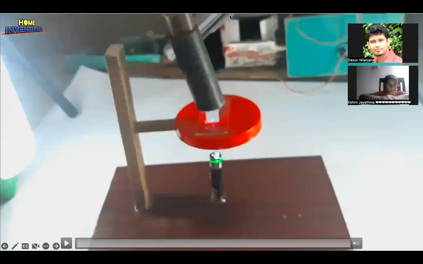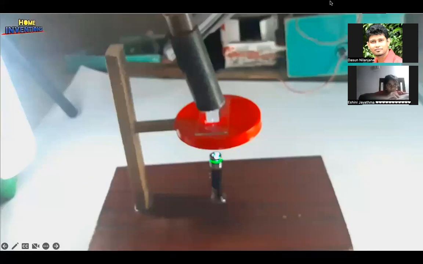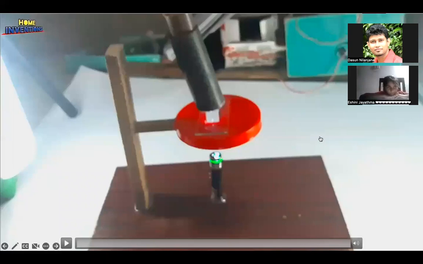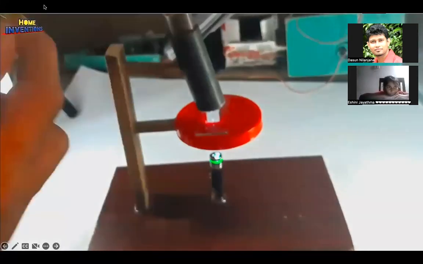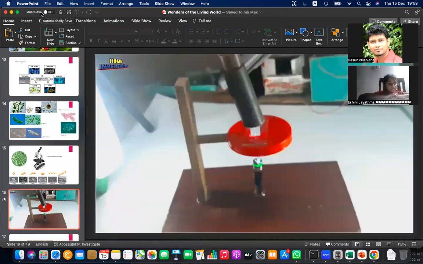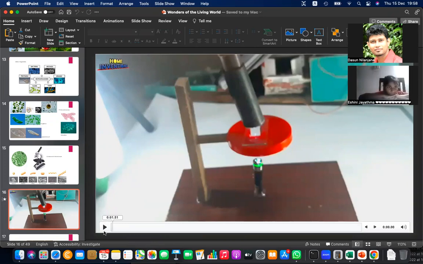And this is one video that I have taken from the internet again, and you can use. So this video is basically an example of how you can create a light microscope at home. But actually you need 2 lenses. That is the difficult part here. How can we find the lenses? But if you can find the lenses, it is easy. You can create your own light microscope at home. So let's see the video very quickly.